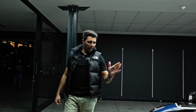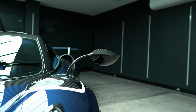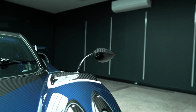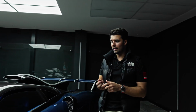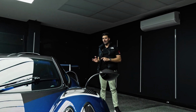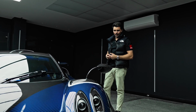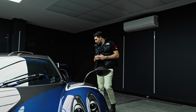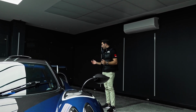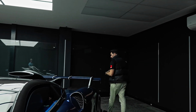If we sort of go, they've kept the same teardrop mirrors from the Huayra. So a lot of the stuff is based around the Huayra, the coupe. There are a few aspects of it that they have taken across, which is Pagani's design language, and they do that extremely well. So yeah, besides looking at everything, the biggest features are definitely that scoop, bringing all that air back into that